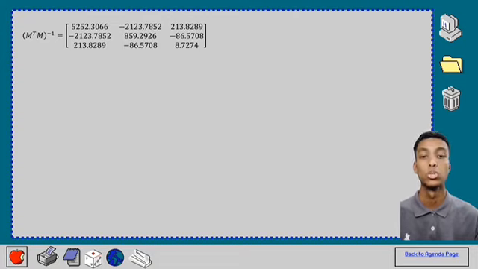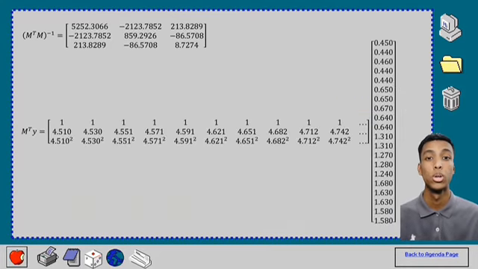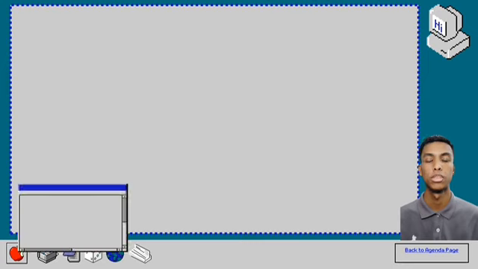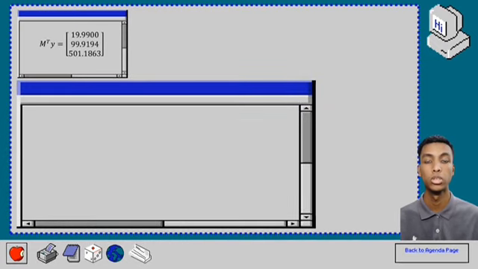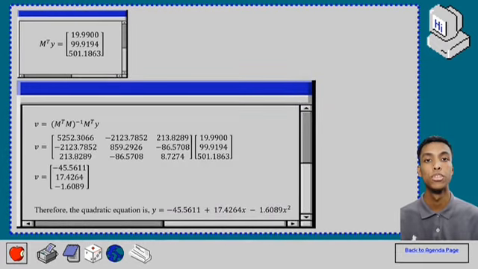After that, we also need to find the value of M transpose Y. Then we obtain the value of M transpose Y is equal to this. Lastly, we need to substitute all the values that we found just now into the formula V equals M transpose M inverse times M transpose Y. Then we will get the answer V is equal to a 3 by 1 matrix with the value of the first row is negative